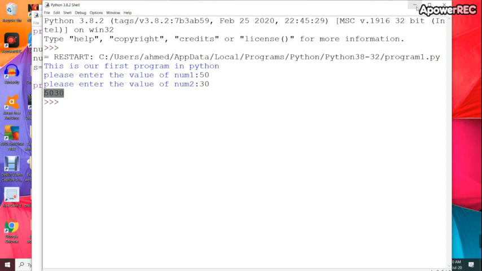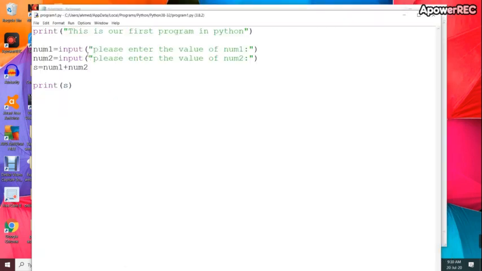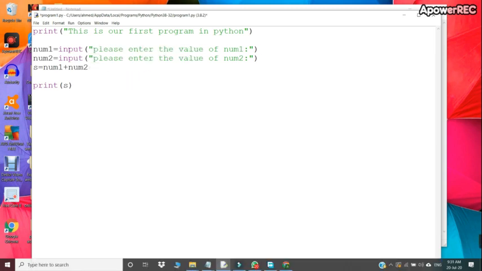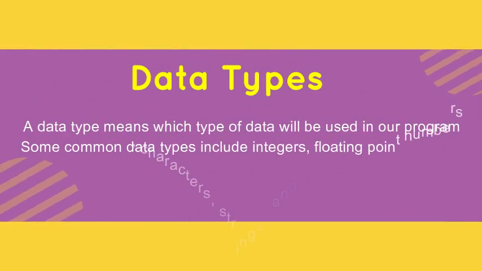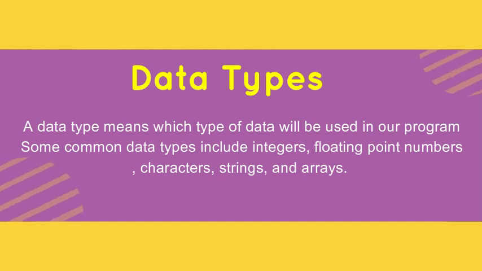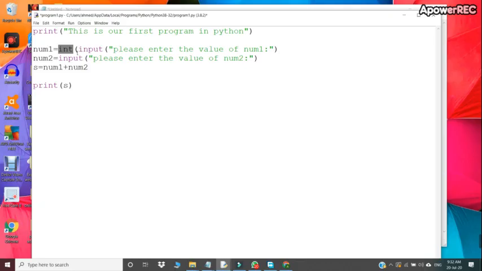Why it is 50, 30? I will tell you the reason for this. Basically, when we will use an input statement to take some value from the keyboard, we need to specify here the data type of the variable. Okay. The data types I will explain in another video, but you will keep one thing in mind, that the value which we will enter for num1, here it will be of integer type. So we have specified the data type now. Same we will repeat for num2,